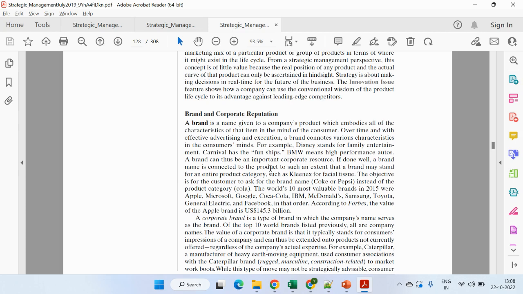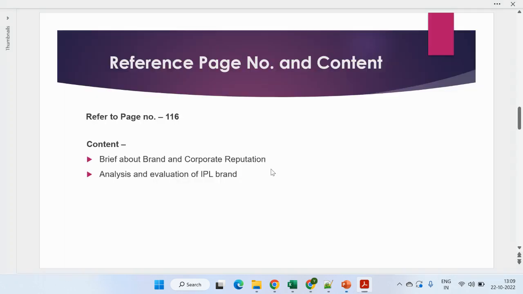So it's very important to create a special space in the hearts of the customers, and you need to maintain that particular space. Otherwise there are multiple other options, and people will stop loving you and move to some other brands. In IPL, the cricket lovers will definitely continue with the IPL, but it will have an impact, maybe in a low quantum or maybe in a high quantum, if the BCCI does not conduct some of the seasons for one reason or another. So it's better that they continue with the seasons and with the brand which they have maintained over the past couple of years. So this is the way you write about the second question.